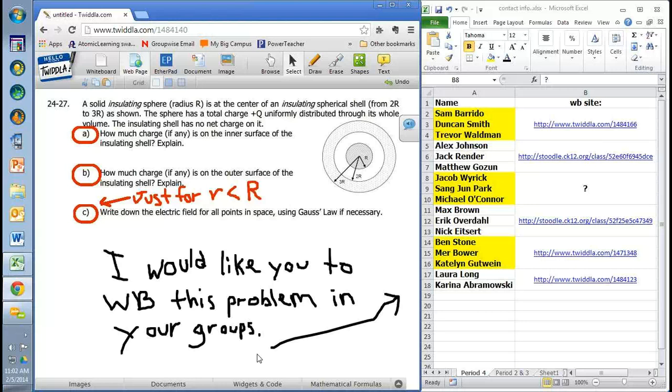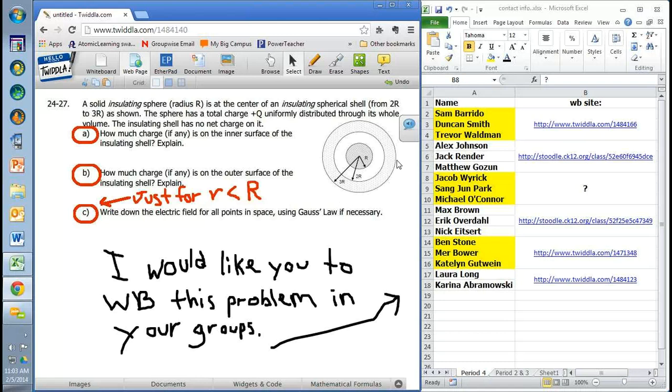Okay, so without further ado, what we're going to do is we're going to whiteboard the very last set of problems on the lab response. That's 24 through 27. What this is, we have an insulator in here, and it has a charge of positive Q. And then we're enclosing it in another spherical shell that's also an insulator, but this one has a net